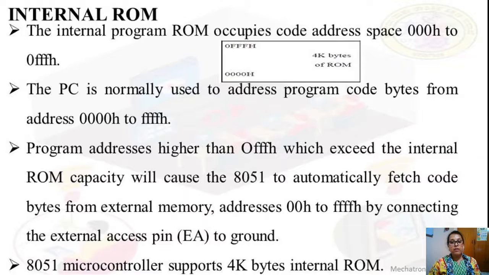Internal RAM is for temporary data; internal ROM is for permanent data. Internal ROM is 4 kilobytes, and internal RAM is 128 bytes, which is divided into 3 sections: working registers, bit addressable area, and general purpose RAM, with another 128 bytes for special function registers. The processor first fetches the instructions from the internal ROM, up to the address 0FFFH. If the memory addresses exceed this limit, then it will fetch from the external ROM.